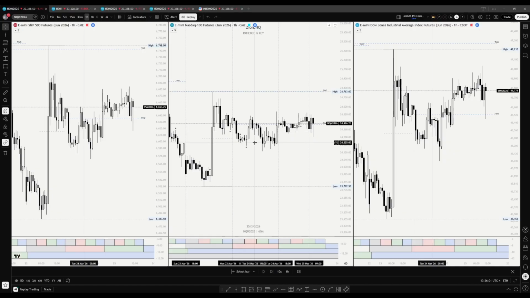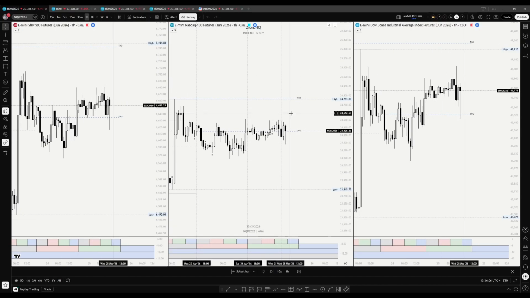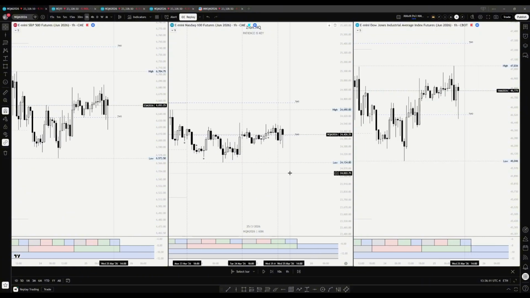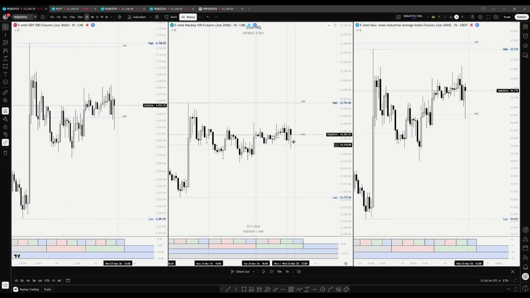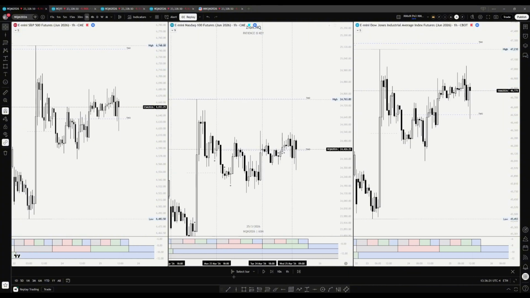Then Tuesday would be our accumulation day. So we expect Wednesday to be our manipulation day to set up the distribution for the following day. So that would be our X, A, M. And we expect lower prices already because of the manipulation, as you can see right here. I'm going to show you that. So this is the previous day high right here, and I will mark it out for you. We didn't sweep it on NQ, we did on YM, and we did also on